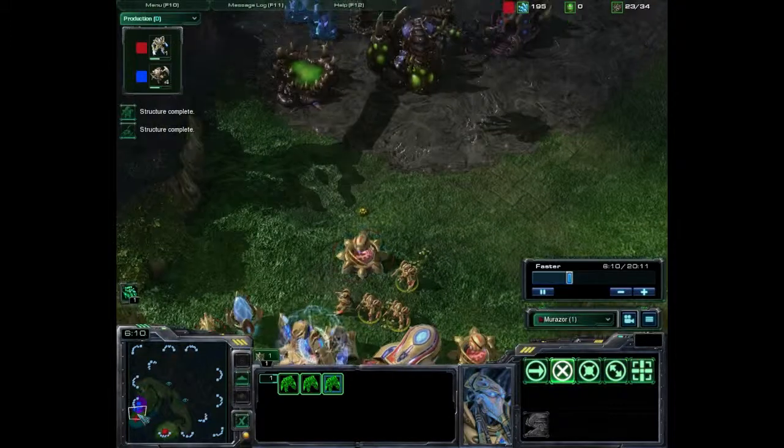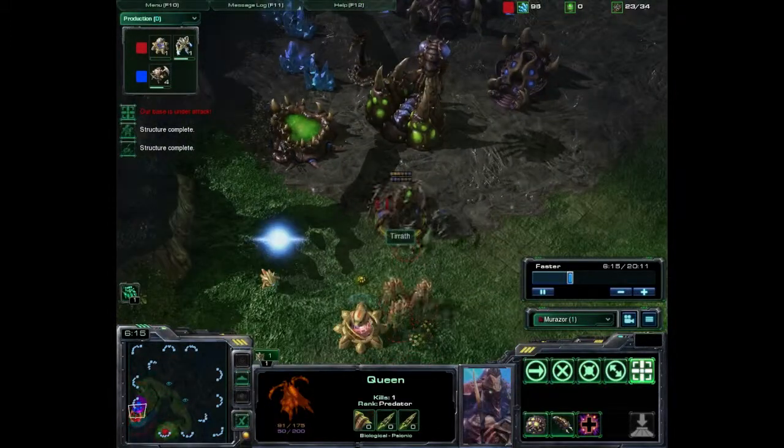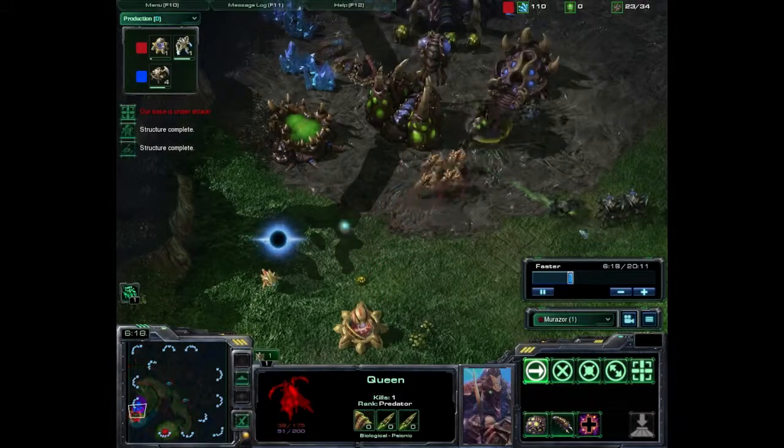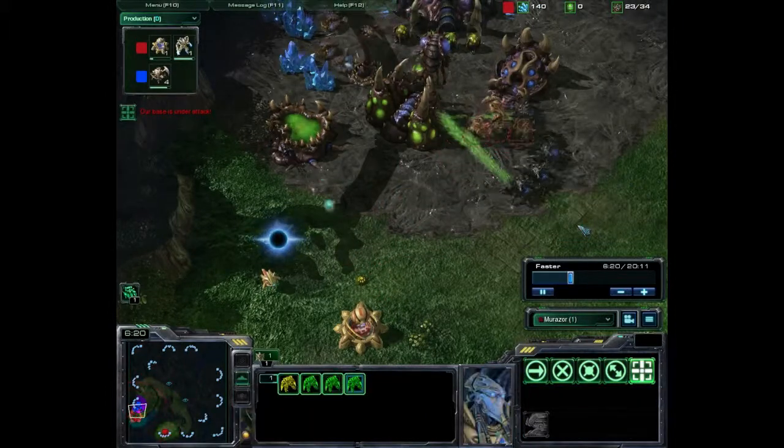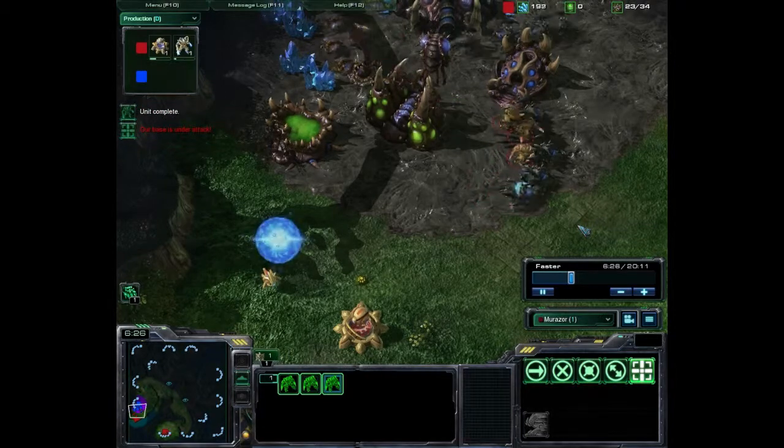We can also see the red vision that he is slowly pushing forward. He wants to pick off that queen. Yep, he's targeting that queen. We also see the roaches are trying to get rid of... Oh, he's targeting the extractor. That's